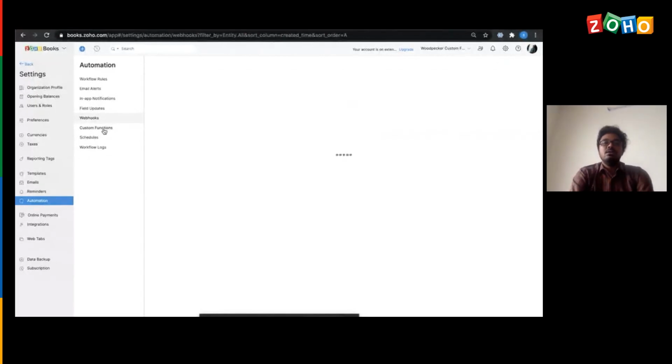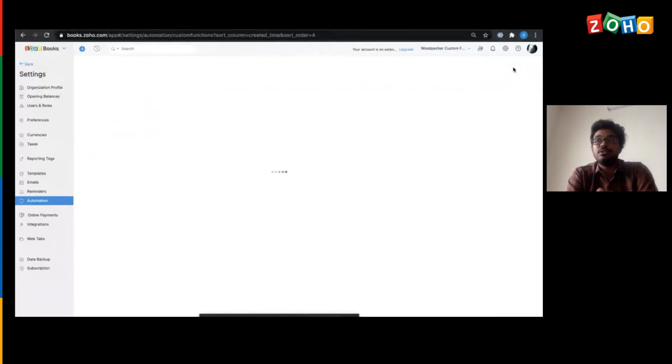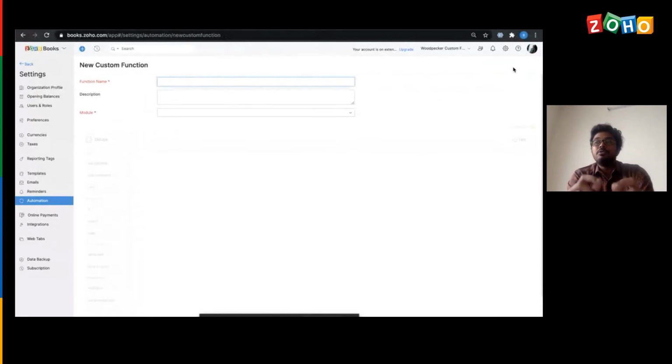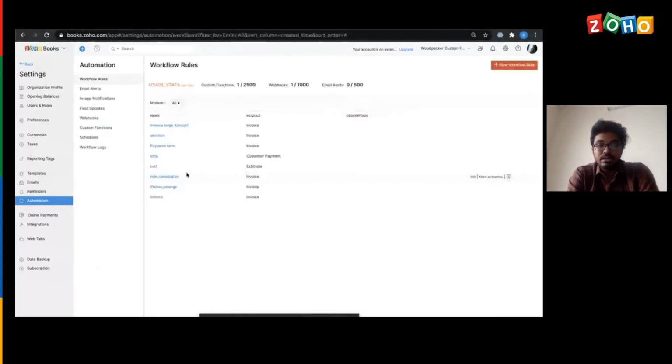So this is basically for sharing the information from Zoho Books into other third party applications which you have. Moving forward to other automation features that we have, let's see about the custom function, which is going to be one of the most important features under automation. Again, the custom function also works on the same concept of performing some action based on a criteria, but we could make use of this custom function for a much wider purpose.